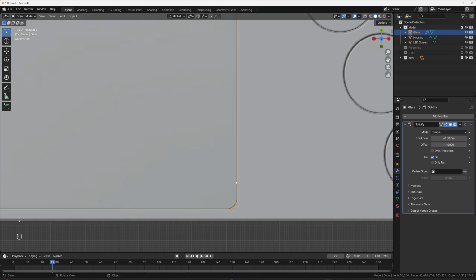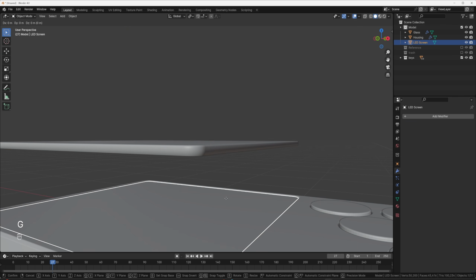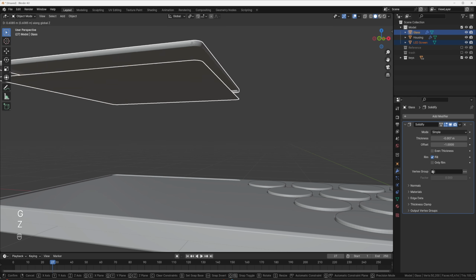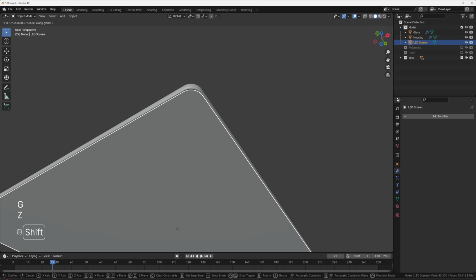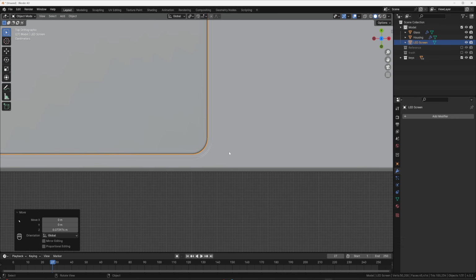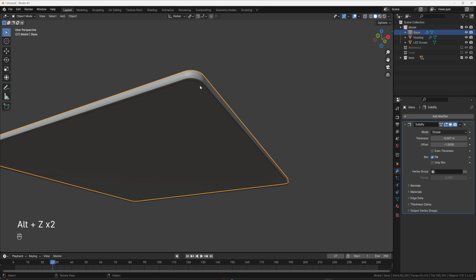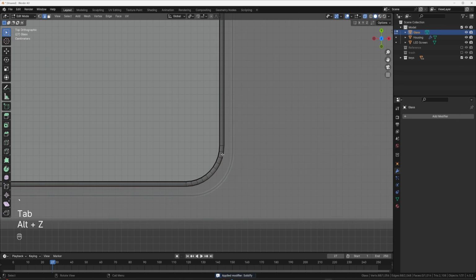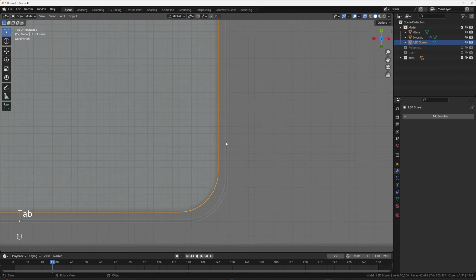And then the other thing I want to do is make sure this kind of lines up with the outside of this. Our screen piece that we have here should fit inside. So I'm going to bring both of these up with GZ. And then I just want to make sure that this piece right here fits inside the bottom. So to do that, I'd probably just go into Alt-Z. And then let's go ahead and apply our solidify modifier on the top one. So Control-A. And that way we can go into X-ray mode and we can see where the thickness is on that. And then I'm going to grab this guy.